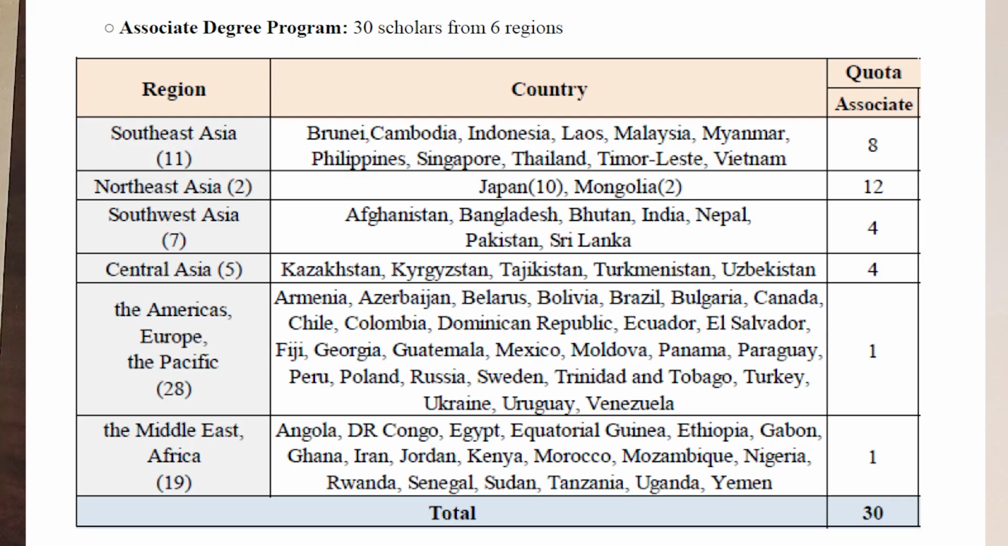So if you want to apply to Seoul National University, then you cannot apply through the university track; you have to choose the embassy track. Then there is also another category known as the associate degree program, and the seats for associate degree programs are 30 seats from 6 different regions, and in this the Southeast Asia region, Northeast Asia, Southwest Asia, and for the region there are a total of 8 seats,